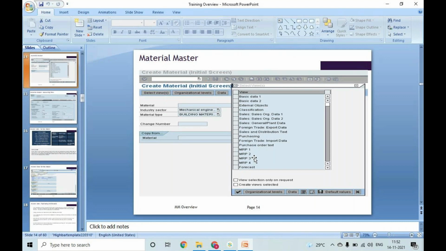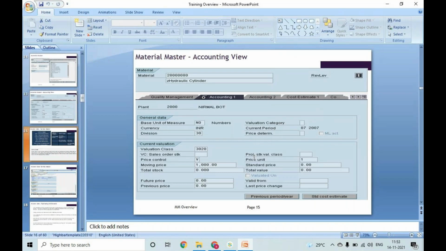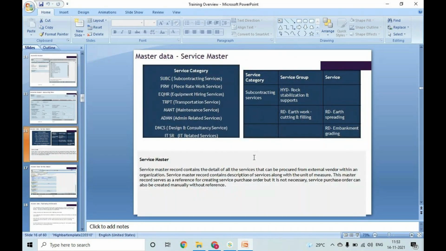As you have material master, for services also you will have a service master. Service master is nothing but like your AMC work, or if it is a mining company, then for transporting that mining material, it might be some iron ore, for transporting that iron ore from the quarry to your plant, the transportation service, you will be giving to some other third party. So in that case also you need a service master for transportation.